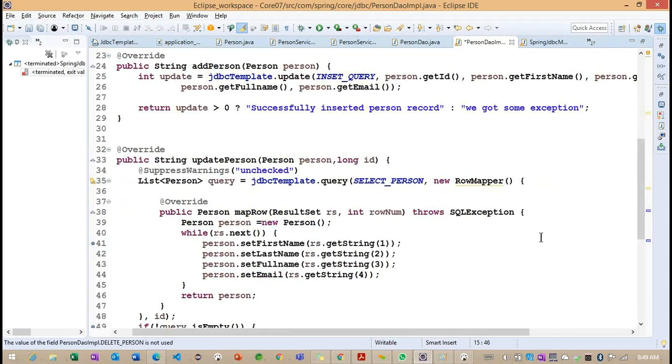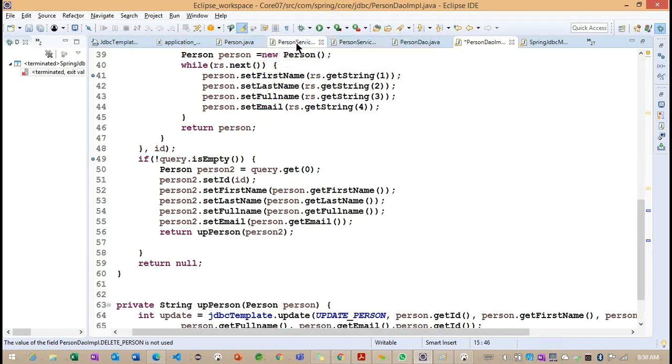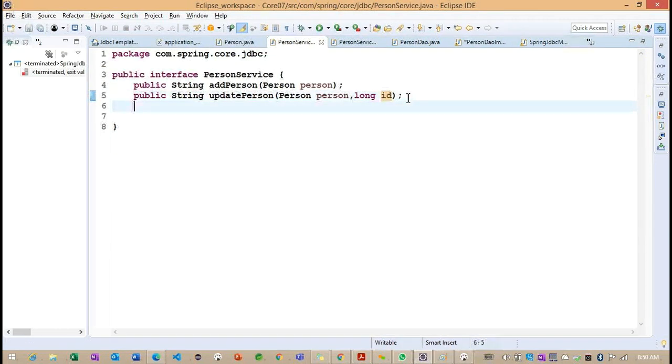For deleting also, what can we do? We can call any method here. Okay, so these methods are not suitable. And here also we can make a String here. And what can we pass here? Only the ID. Based on this particular ID, we are going to delete the records here.